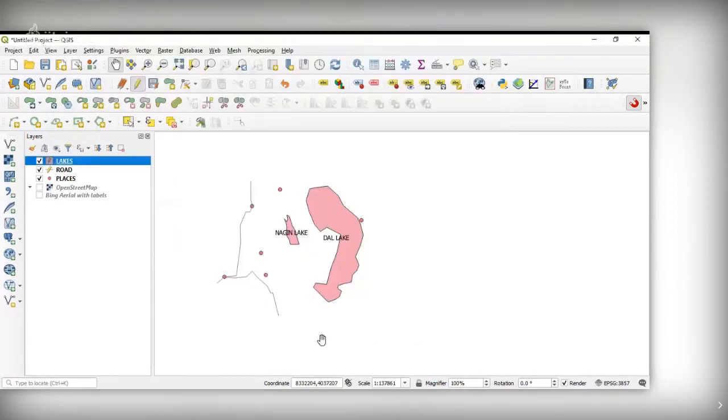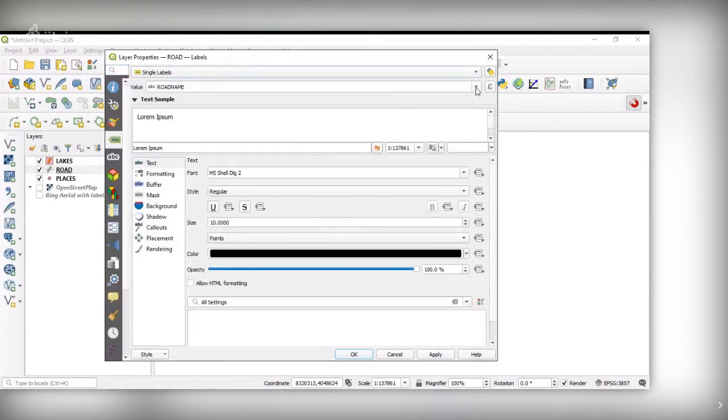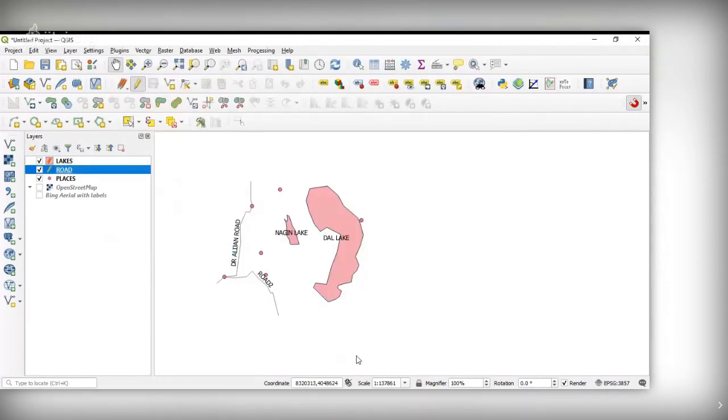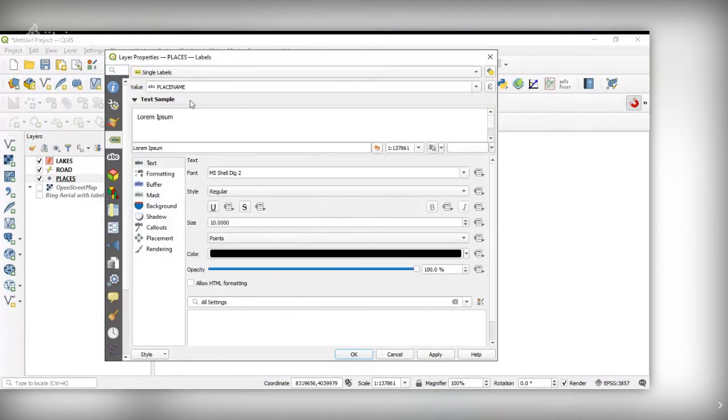Okay, and road also. Similarly, we'll do it for road also. Single label, your road name, and apply. Road name is there and place name is also there. And apply.